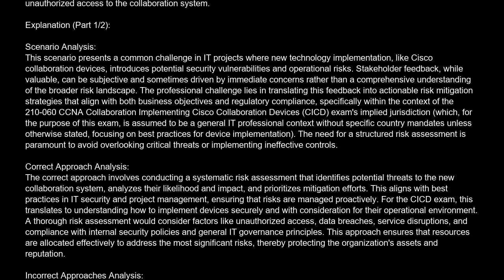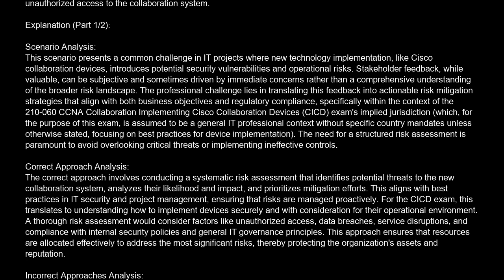This scenario presents a common challenge in IT projects where new technology implementation, like Cisco collaboration devices, introduces potential security vulnerabilities and operational risks. Stakeholder feedback, while valuable, can be subjective and sometimes driven by immediate concerns, rather than a comprehensive understanding of the broader risk landscape. The professional challenge lies in translating this feedback into actionable risk mitigation strategies that align with both business objectives and regulatory compliance, specifically within the context of the